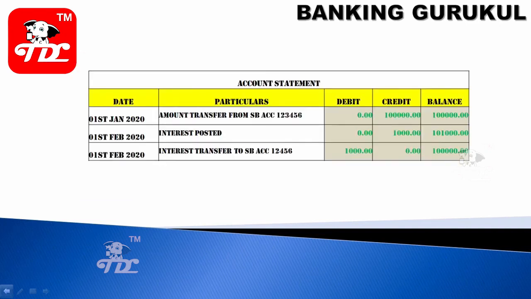Account statement. When you open a deposit, get the interest and withdraw the interest, the account statement you generate should be clear. If you opened a deposit on 1st January, it should show where you took the money from. We took the money from the customer's savings bank account, so the account number should be shown. On 1st February, if you credited interest, you have to clearly mention interest posted, say 1000 rupees, then interest transferred to the savings bank account, because the customer requested that every month interest be transferred to the savings bank account. These things should be clearly mentioned in your account statement.